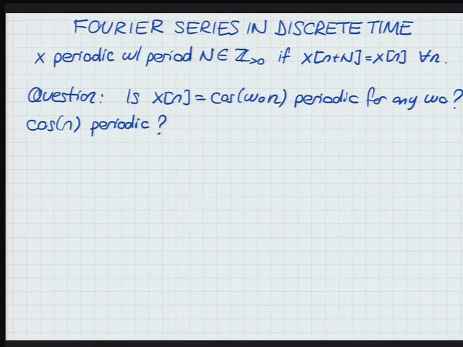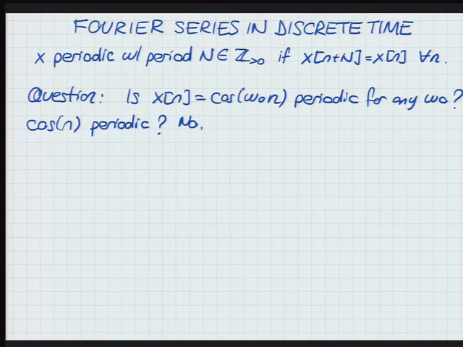Remember, n is 1, 2, 3, 4. Does it ever go back where it started? No, right? Little n will never be an integer multiple of 2 pi. It just doesn't happen. Because n is an integer, and pi is not rational, right? So the answer for this signal is no. So what would be a general answer? When could I say yes? Anyone? Yes?